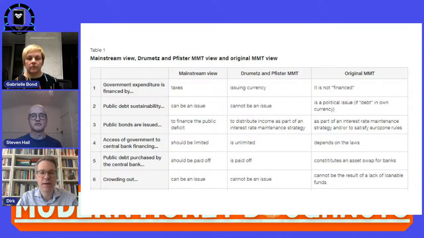So maybe the Bundesbank at one point will say, look, we can still create money, but we cannot pay the bills for the German federal government because their account is negative and they're not able to bring it back to zero, because they cannot sell government bonds and tax revenues are not enough to bring it back to zero. And if that is the case, then you have a red light at the central bank. So they cannot mark up the account of banks if the government of Germany tells them to do that. That means it's a political issue, and it's the monetary constitution in a way that fixes this.